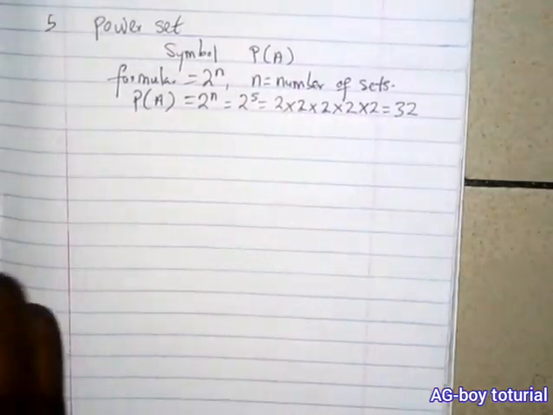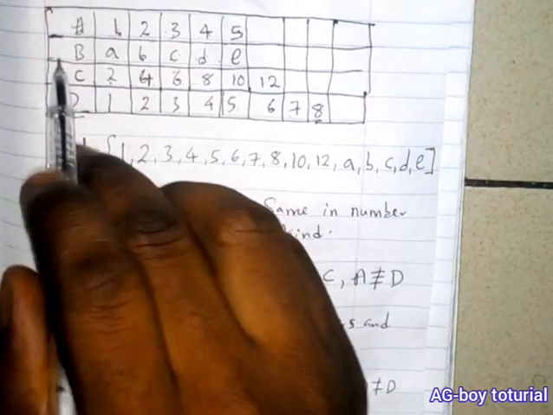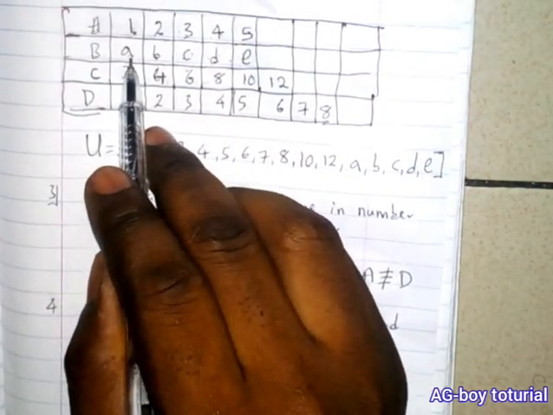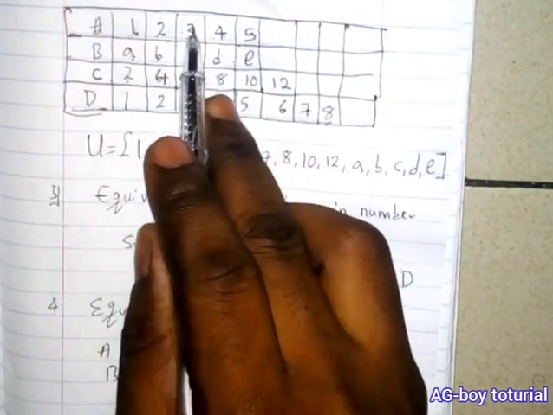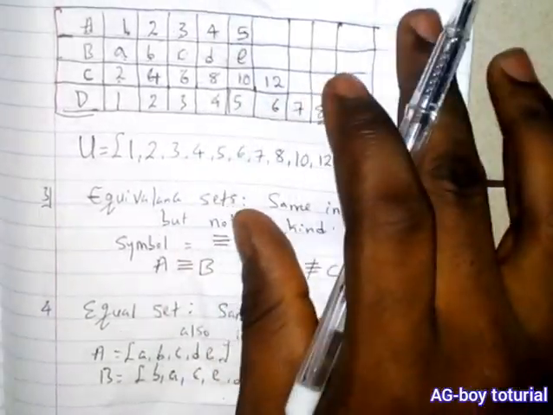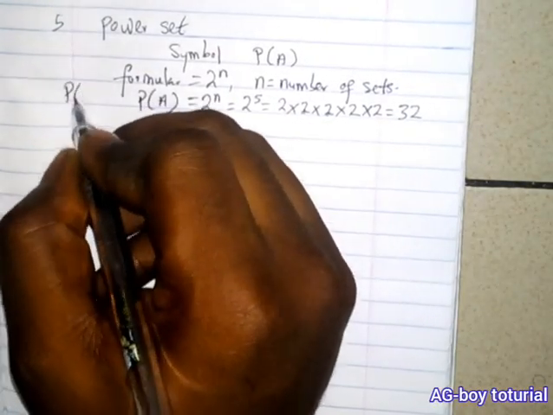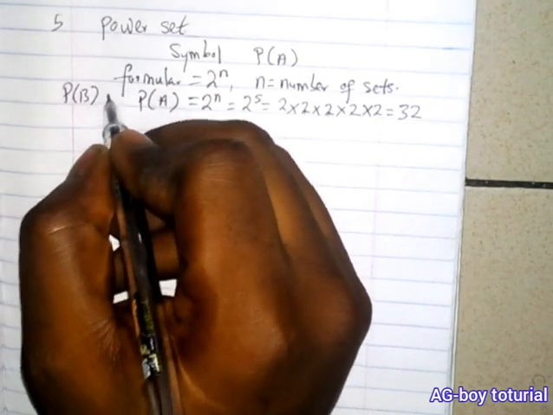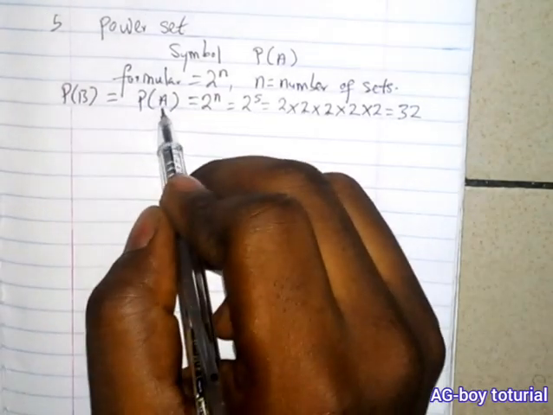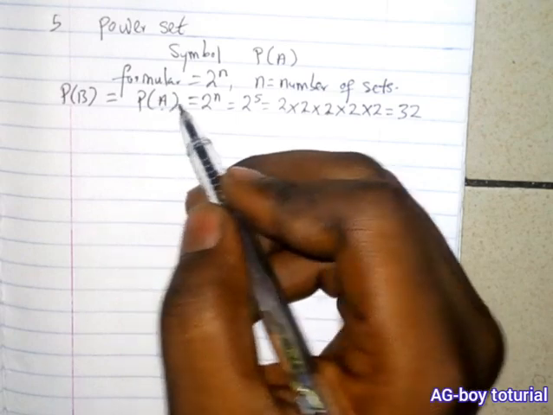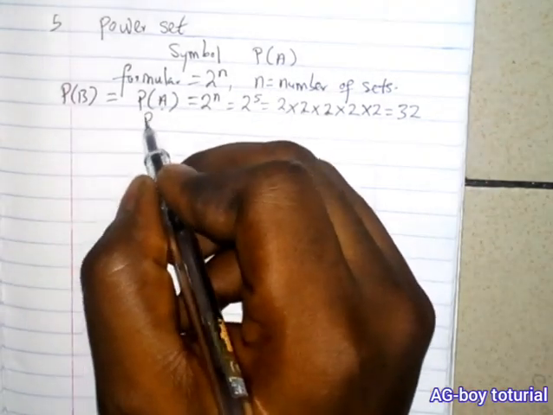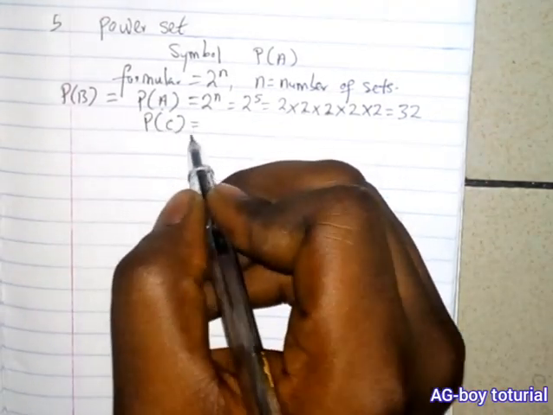Then to check the power set of B, you count it: 1 2 3 4 5. So it's the same as the power set of A. So I will say the power set of B is equal to the power set of A, and the power set of C is equal to